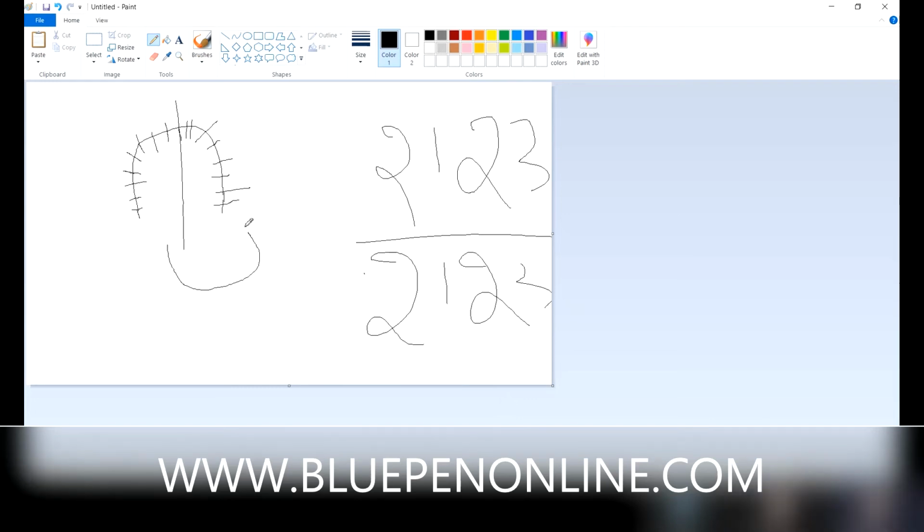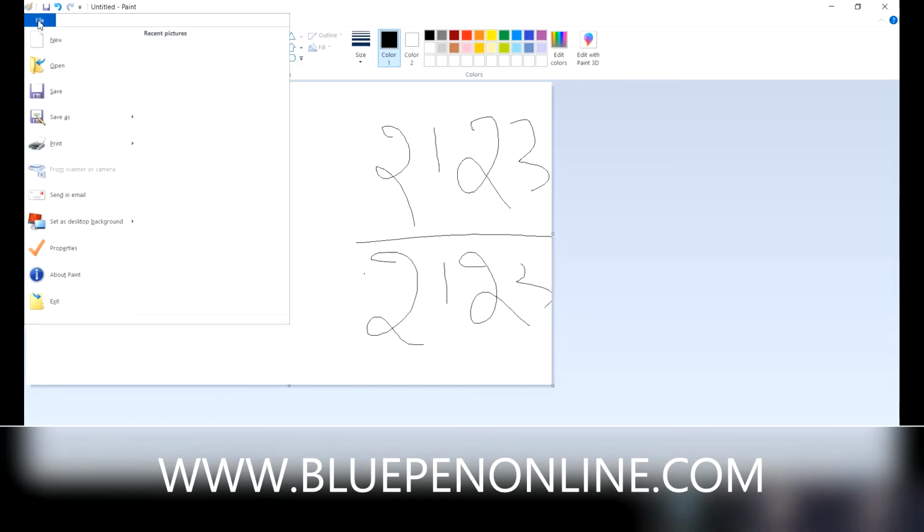Because the tooth numbering system is also an important question in the exam. This is the universal system. Clear? Yes, ma'am. Now coming to